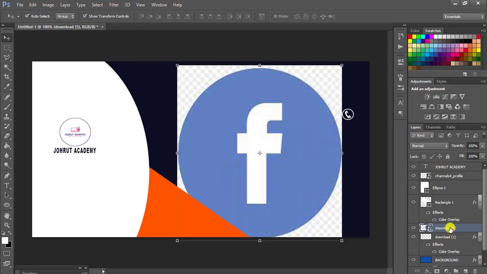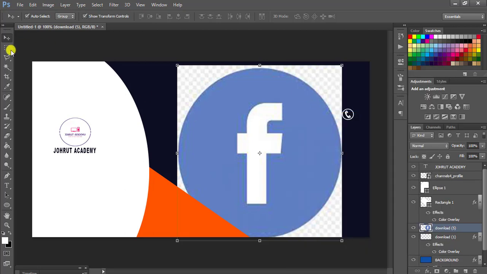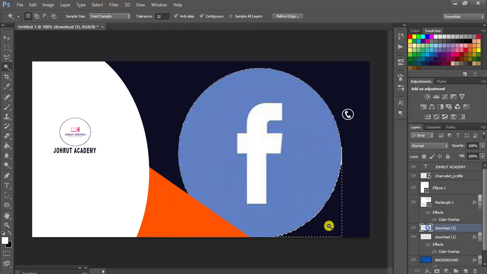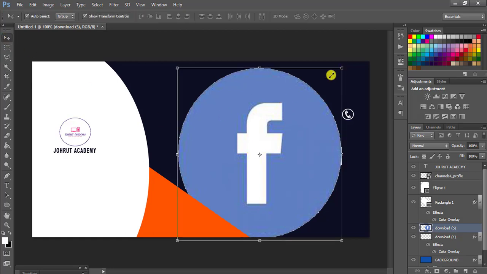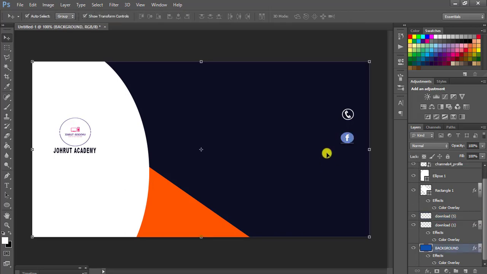So you rasterize the layer, then you use the magic wand to remove the edges of it. Okay, then now you can scale it to a reasonable size. So with this one you can maintain the blue color because of its nature. Okay, so now we have these two